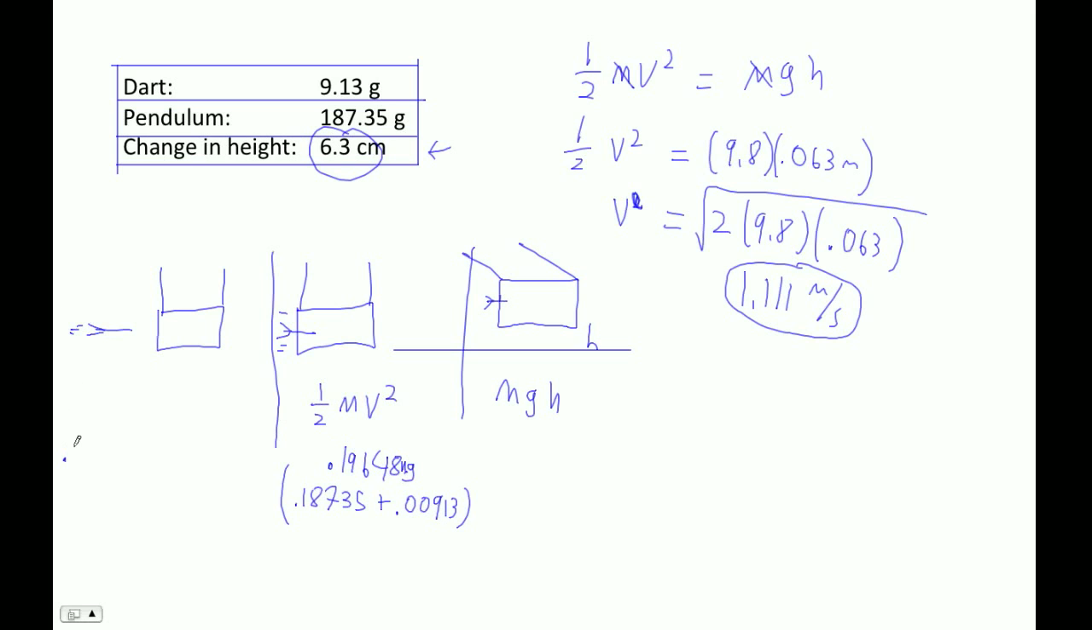The mass here is, of course, 0.00913 kilograms. So now we can just set up our momentum equation. 0.00913 times whatever this velocity is, which is what we're trying to figure out, equals 0.19648 kilograms, and we know it was going this fast, times 1.111 meters per second. Ta-da. So now we're all set. That guy times 1.111, divided by 0.00913, and I get about 23.9. So if I solve for that thing,